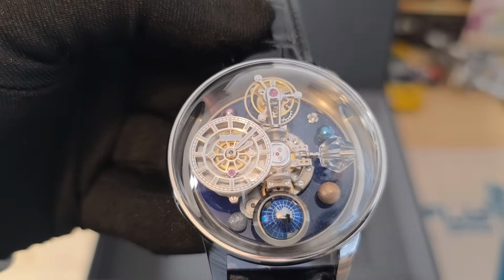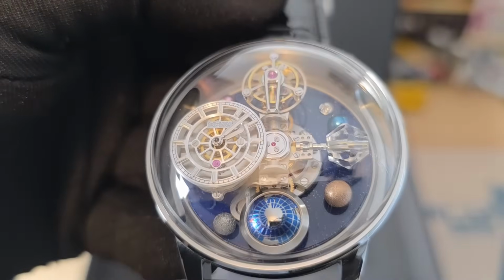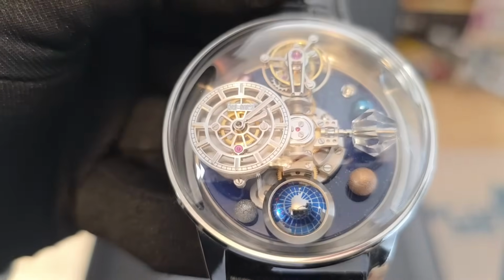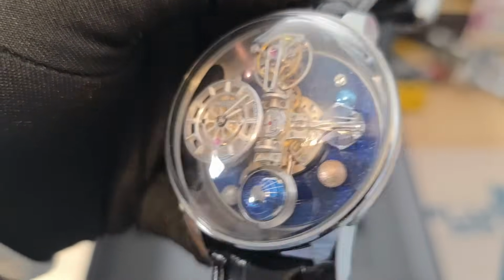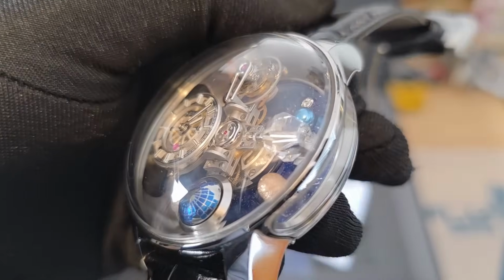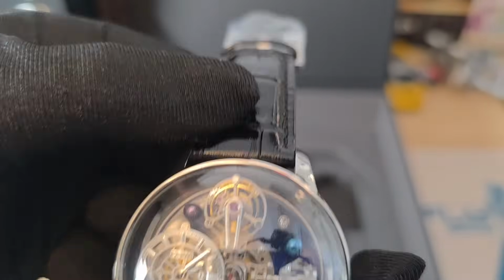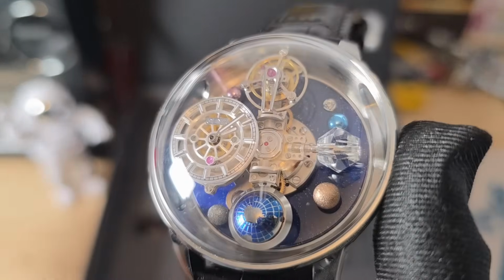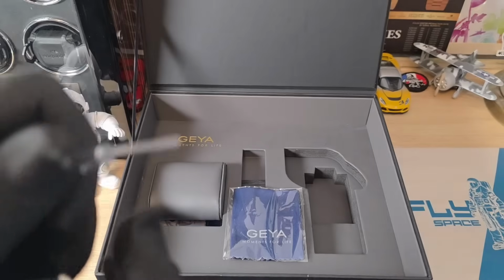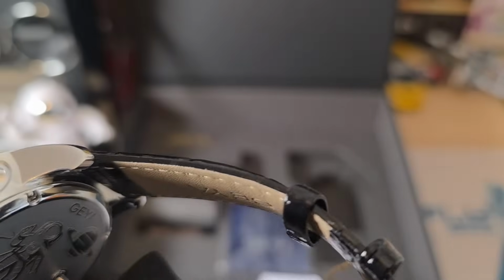Look at this, guys. You can see the tourbillon ticking away, and you can see the planet orbiting away in the universe. And yeah, you could say the planets look a little bit cheap, a little bit like Christmas decorations, but it's very interesting, I have to say. Let's have a look now at the actual quartz movement to see how that operates. So you have to use like a little mini screwdriver to operate this. Now, what you need to do, first of all, when you push into that pusher,